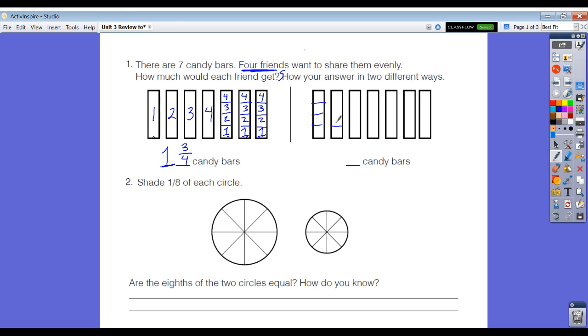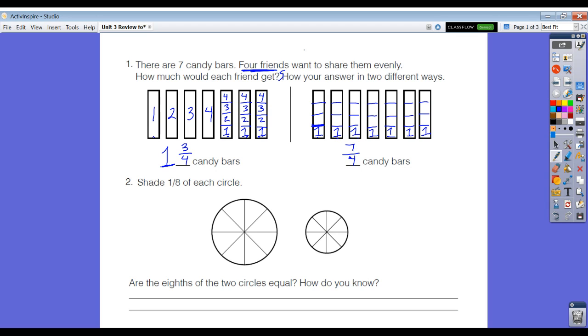Let's split them all into fourths because they're 4 friends. So why not just right away split them all? And in this case, my friend number 1 is going to get a piece from each. So I'm counting 1, 2, 3, 4, 5, 6, 7. So the friend got 7 pieces, but this time they were just pieces. What should go in my denominator? What was each piece? Each piece was a fourth. So they got 7/4